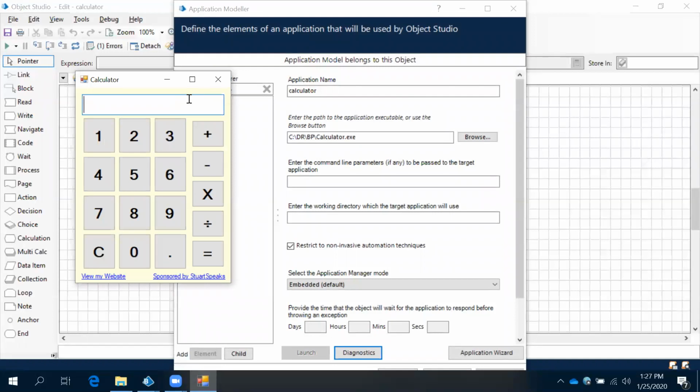Remember this. It means I am clicking on the 9 button. Clicking 9 is an action. Where I am doing it, in this portion, we will call it an element.